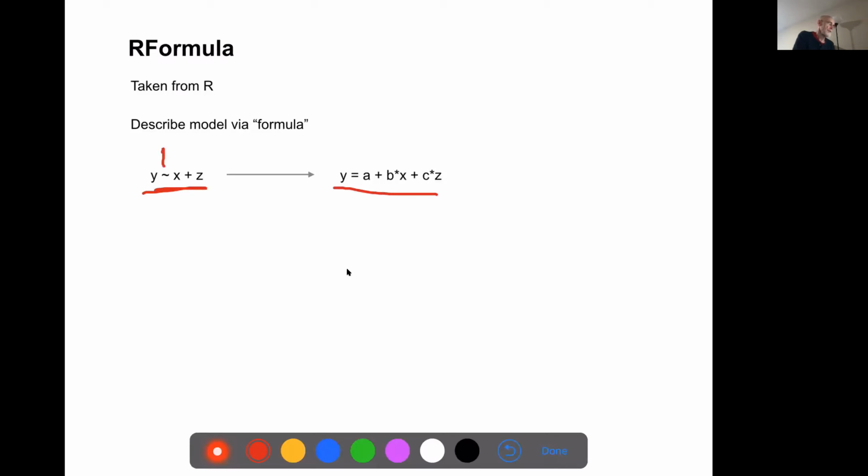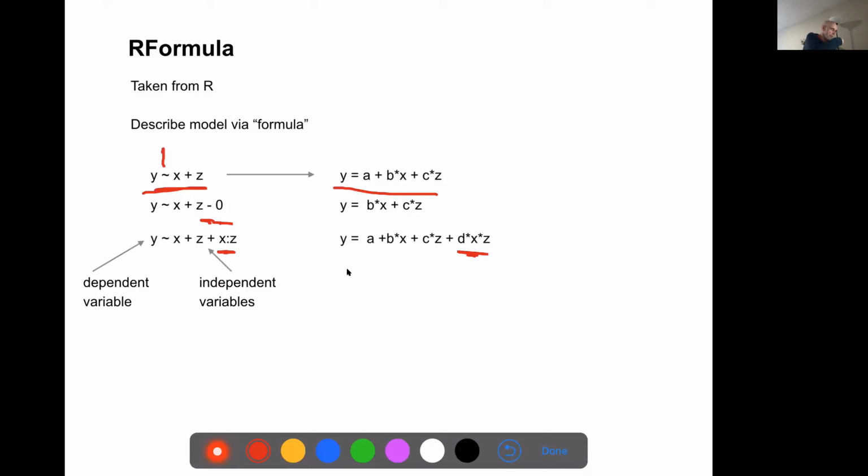And once we do that, right, then that minus 0 is going to subtract off any constant value. And then we can start looking at, if two variables interact with each other, we can get another term, right? So we can use this little language to create our model or describe our model.